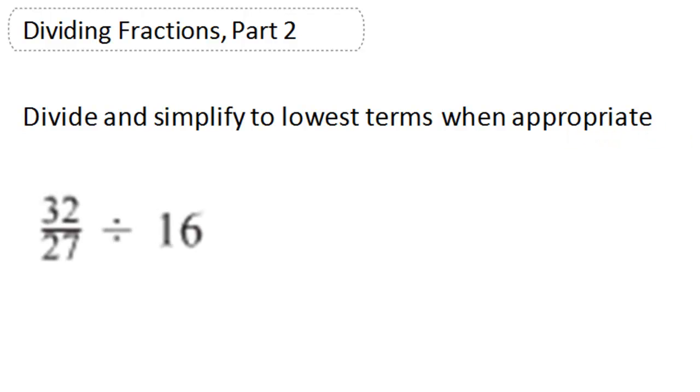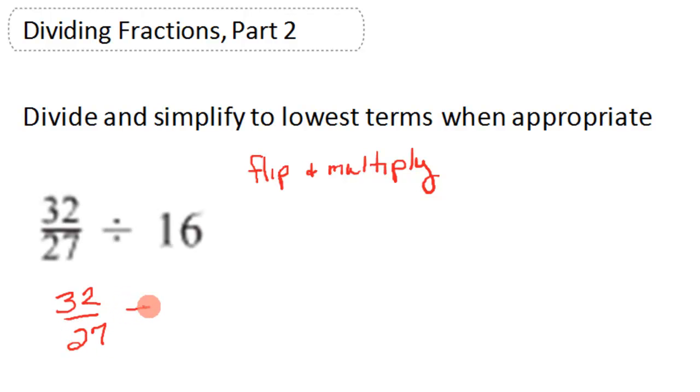We're going to continue our discussion on dividing fractions with a few more examples. We know from the last video that when we divide fractions, we're going to flip and multiply. So the first thing we want to do is take 16 and rewrite it as a fraction. So our first fraction is 32 over 27 divided by, now instead of 16, we're going to write 16 over 1. Now we flip and multiply, and we're going to flip the second fraction,